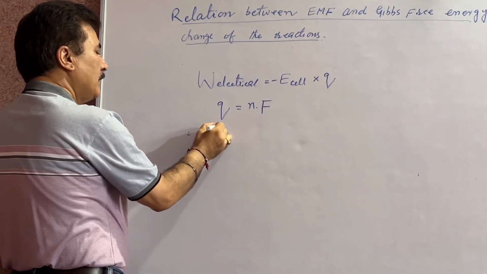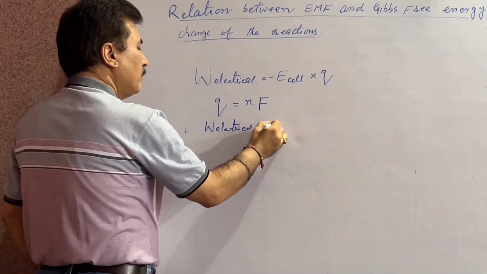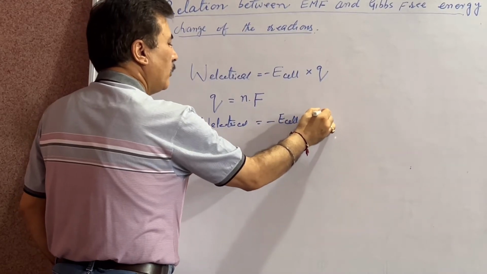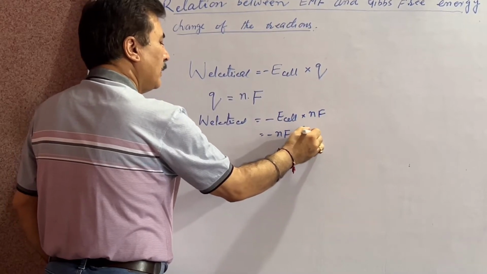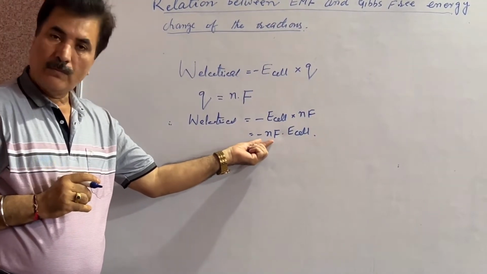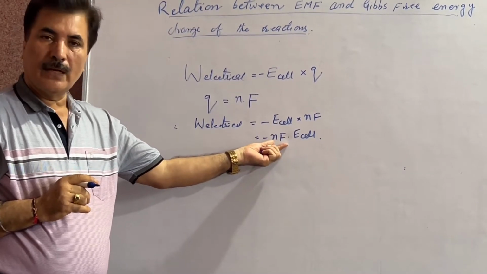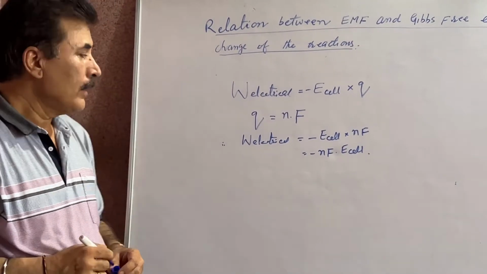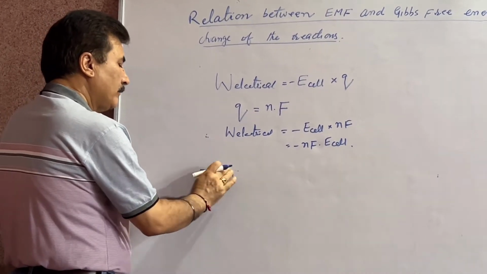Therefore, we can say that work of electrical is equal to minus EMF of cell into nF, or we can write it like this: minus nF E cell. It is the electrical work done, where n is the number of moles of electrons involved in the reaction, F is the charge on 1 mole of electrons, and E cell is the EMF of the cell. But at constant temperature and constant pressure,